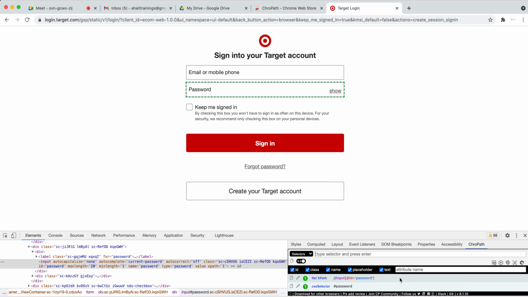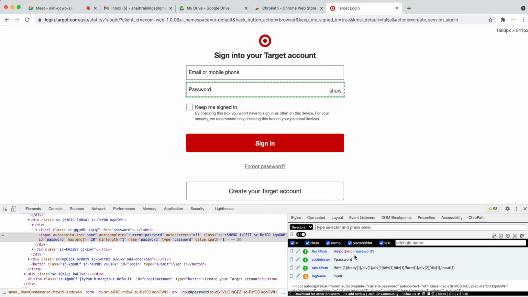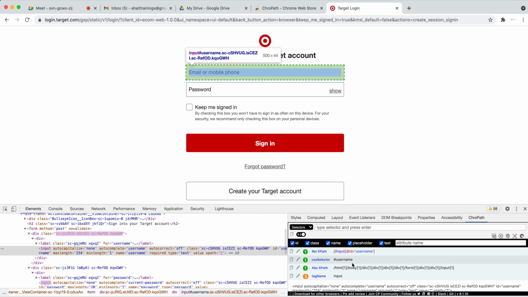Then what do you have to do? It happens a lot of times. When they copy and paste the code, they don't change the IDs. In that case, you cannot capture this element using the XPath with IDs. Then you have to go for alternatives, something like the CSS selector. See, the CSS selector says just use hash password, and here hash username. I'll go with this CSS selector in that case.